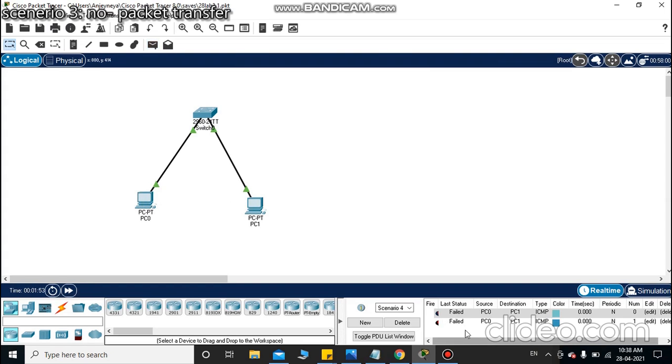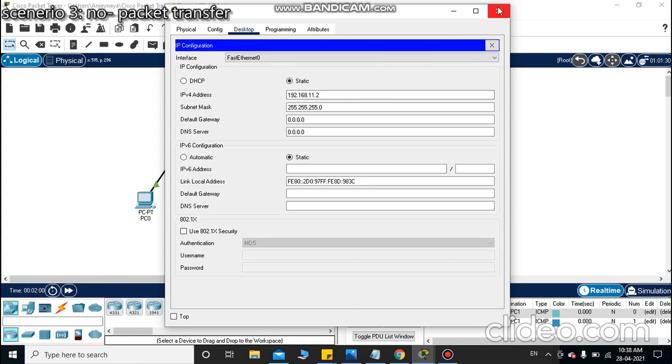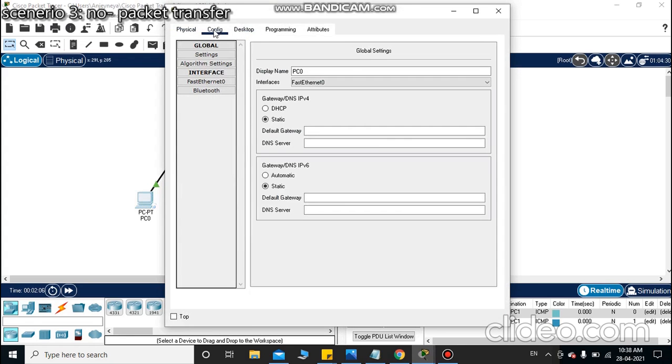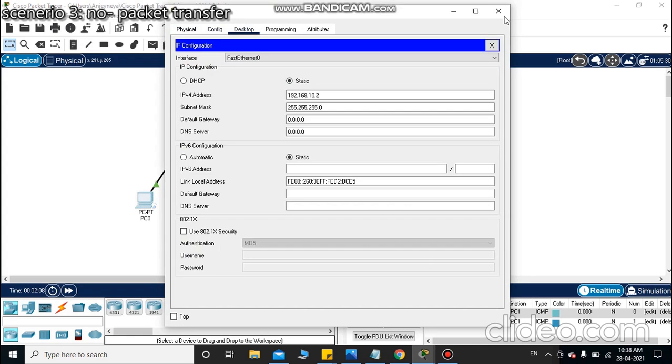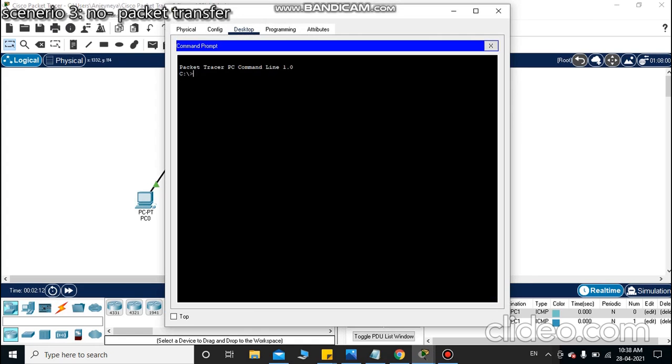So we can find that between these two devices it has failed, because in the IP configuration we have given 11.2 in one and 10.2 in the other. The ping command also shows it: the request timed out.